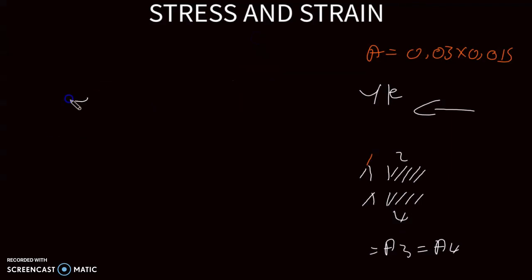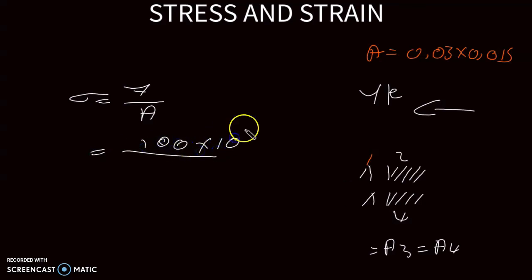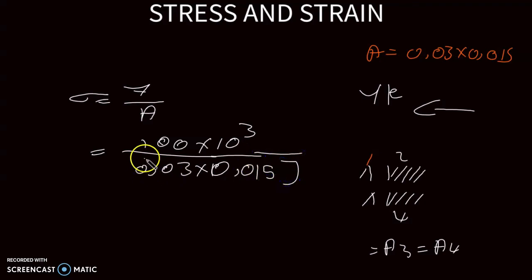Stress is given by force divided by area. What is the force? 100 times 10 to the power 3, divided by 0.03 times 0.015, all of that times 4. And then we are going to get our stress as 5.55